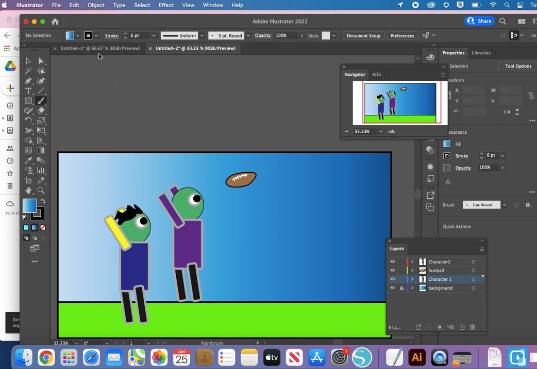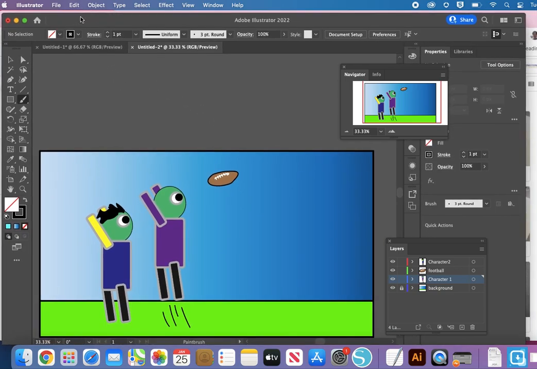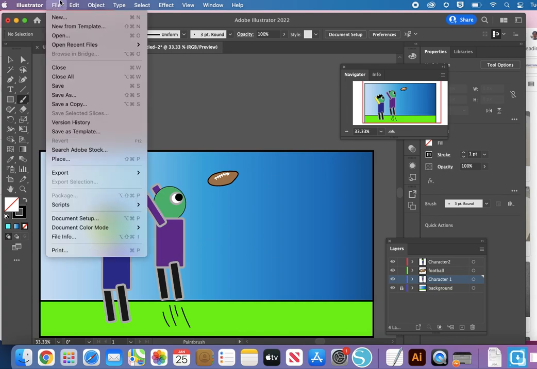Okay, so try out some of these shape tools, the paintbrush tool, label your layers over here, and this is just the basic setup of Illustrator. When you save your file, you want to go to File,